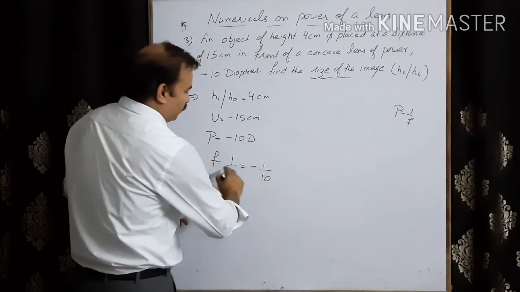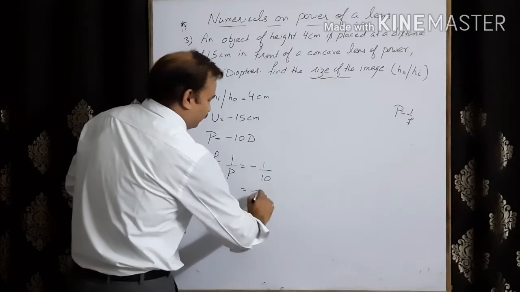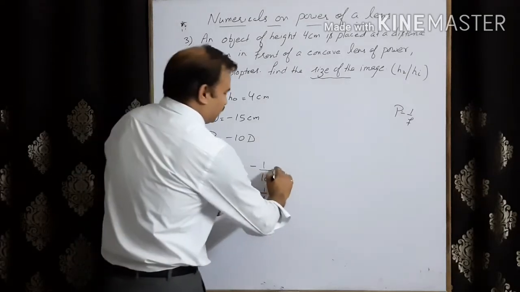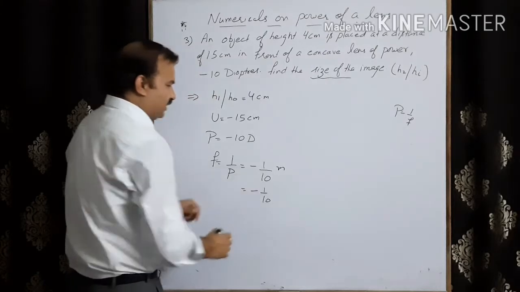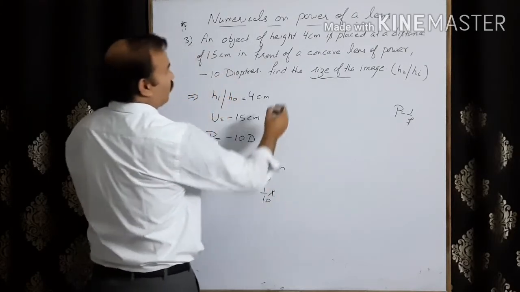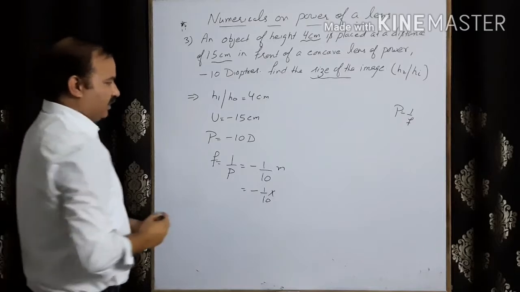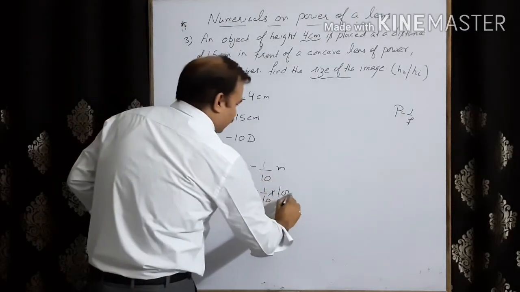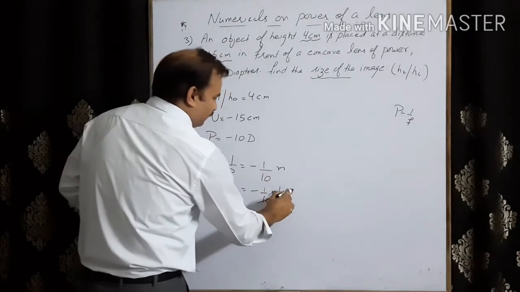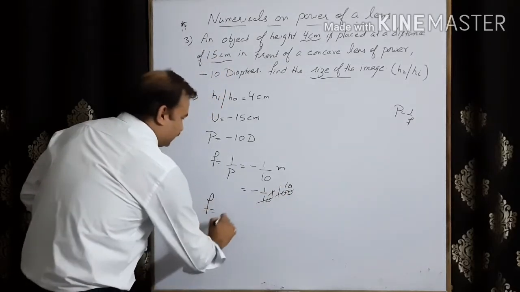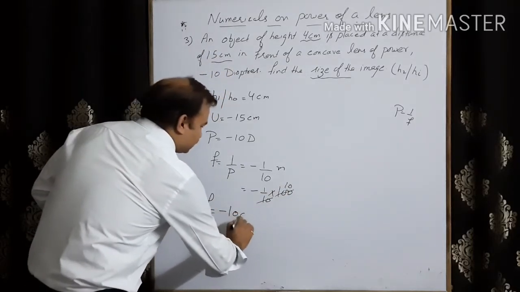Fine. So this will be minus, this focal length is in meter. Convert in centimeter. Why? Because the rest of the distances are given in centimeter. So multiply by 100. So this 10 cancels with this 100, that will be 10. So focal length is equal to minus 10